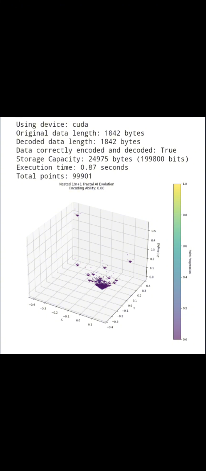I keep seeing the one-in-one growth pattern everywhere in these notes. That growth pattern is the key to its efficiency. How so? Each branch of the fractal shrinks by a factor of 1N1, meaning you can pack a mind-boggling amount of information into a minuscule space. Okay, so we're talking serious data compression here. Imagine a library the size of the universe, but it all fits into something smaller than a pinhead.